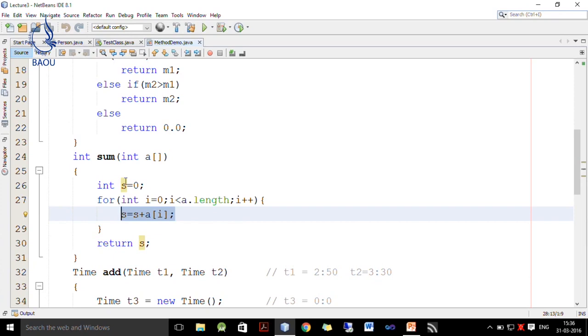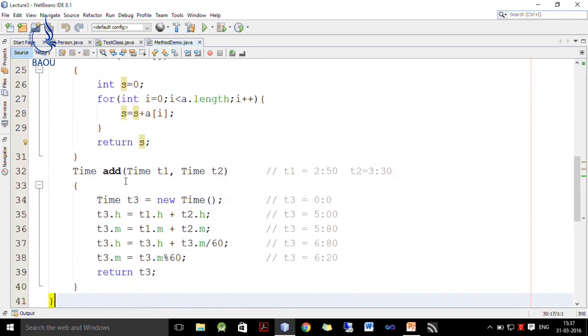That means, every time an element is added to S one by one. The first element is added first, then second, then third, and so on, and finally, we get the sum of all elements inside S and we return S. So, this method takes an array as an argument and returns the sum of all elements to the calling function.